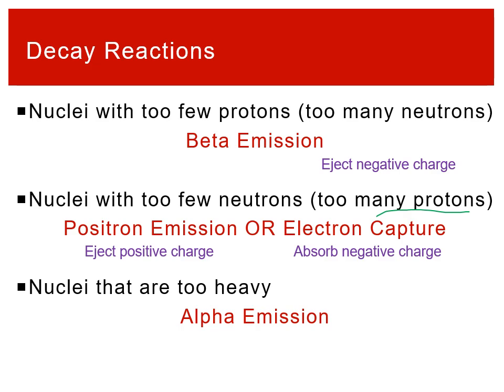Then the final motivation for instability was that a nucleus was too heavy, right? Our cutoff was 83. More than 83 protons, that nucleus is definitely unstable. And alpha emission is the only way that a nucleus will lose mass, right? If you're just interchanging electrons and positrons and that kind of stuff, even gamma rays, there's no mass change. Alpha emission is the only way, and it's going to be the major predicted pathway when a nucleus is unstable